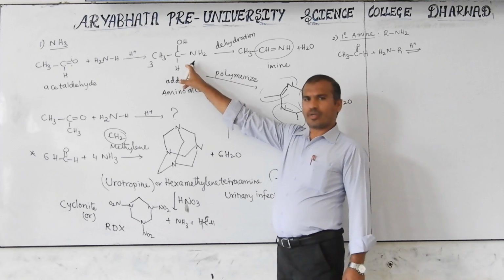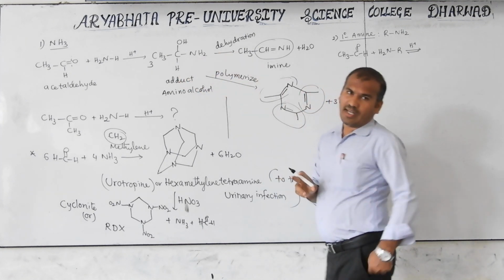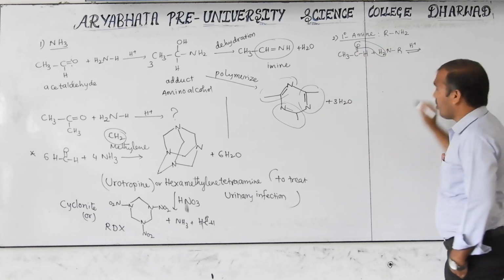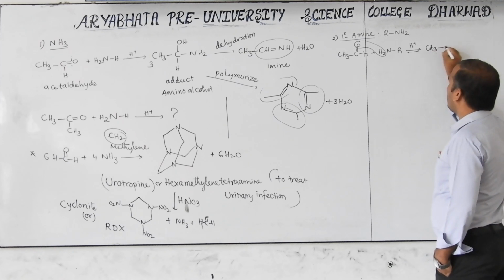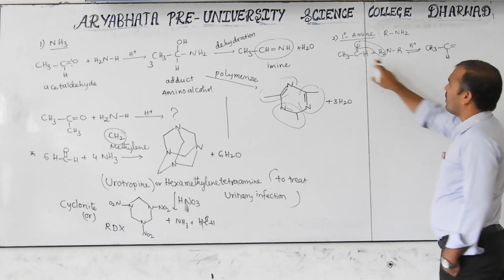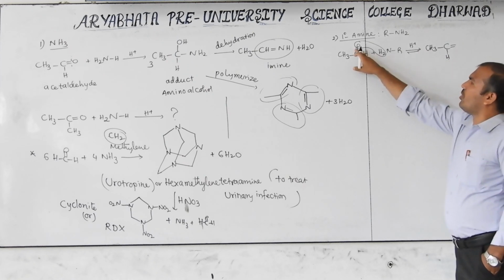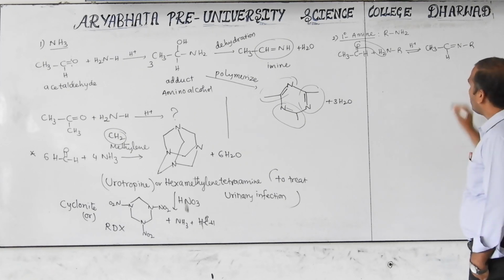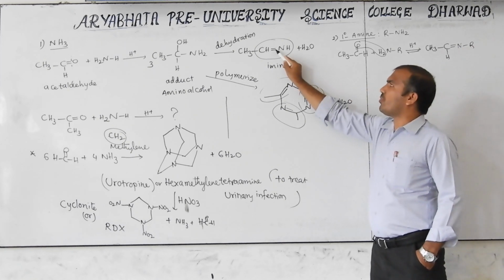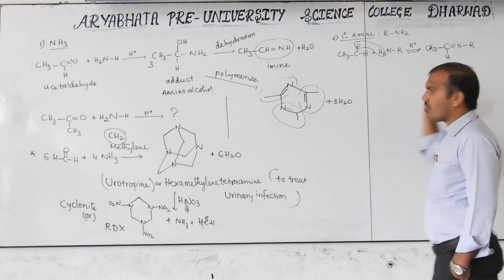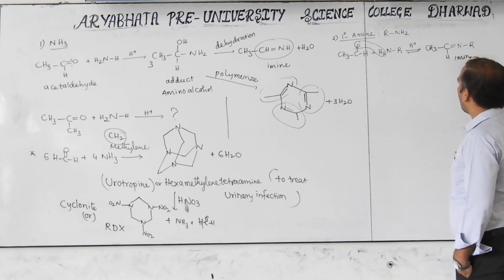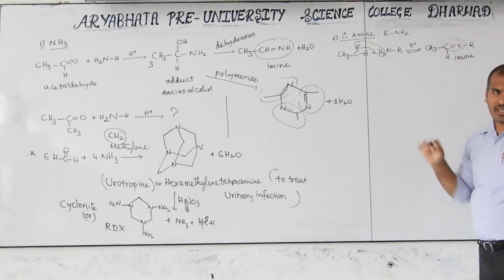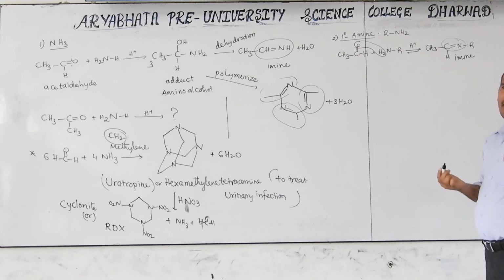Already shown here, first a product like this forms. Immediately what do you do? Dehydration. That's right. The dehydration product I am writing here, plus water molecules: CH3, C double bond, here H is there, H double bond N R. This is called, as I already told you, double bond N, whatever H or R, that is what you call imine. This is not the total name, just this functional group name. This is also one of the functional groups. Double bond NH is imine.